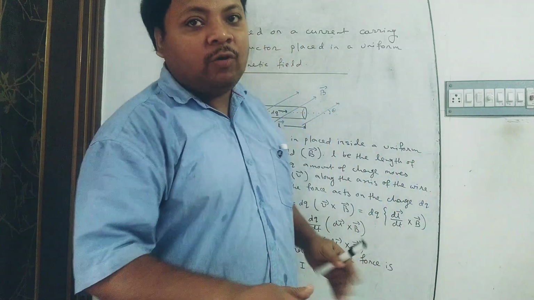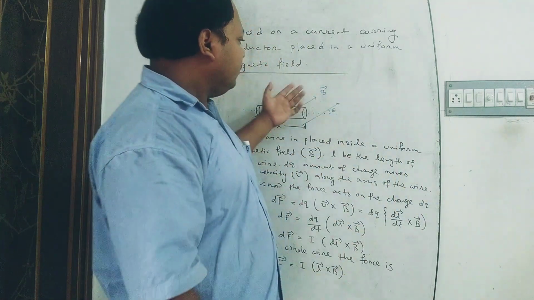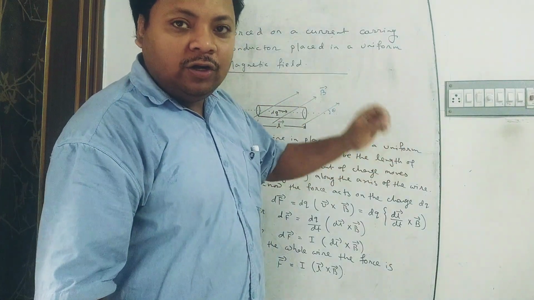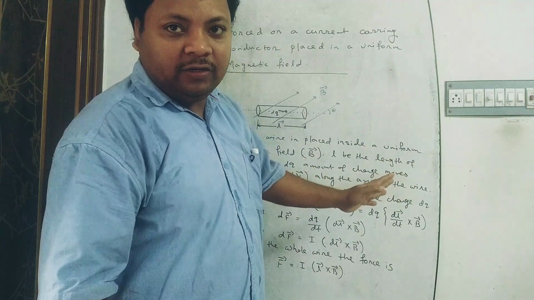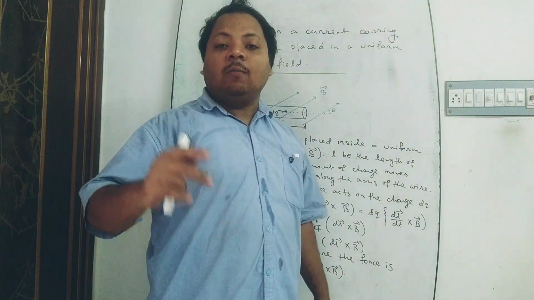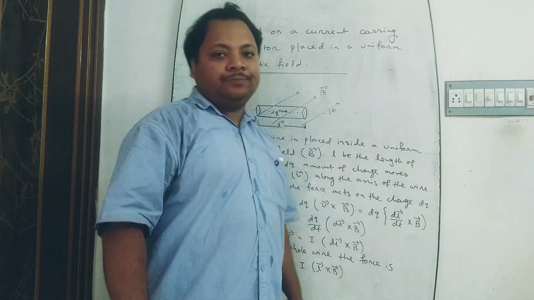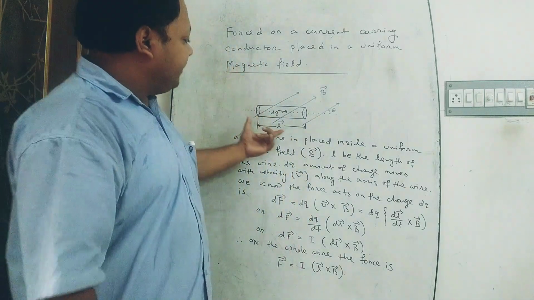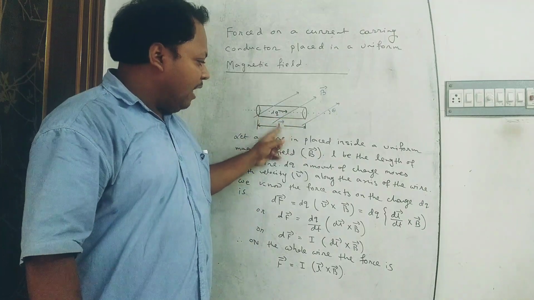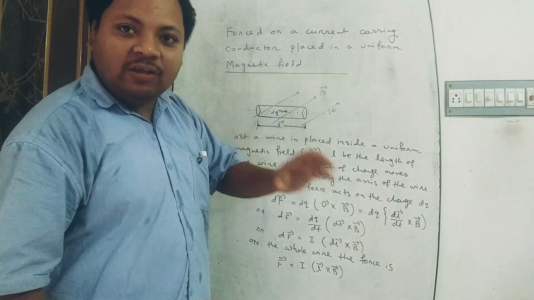Today I am going to discuss the force on a current carrying conductor when it is placed in a uniform magnetic field. Next, Fleming's left hand rule. Next, Barlow's wheel. First, let a current carrying conductor having length l be placed in a uniform magnetic